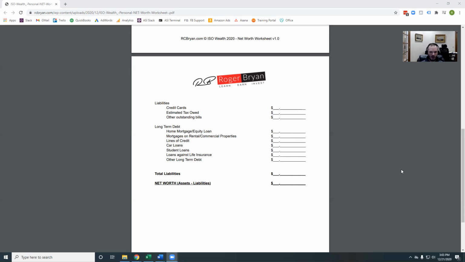Now, the most important thing, your net worth is your assets minus your liabilities. Write down that number. We need this number when we start to create a strategy for your long-term goals, because this is really the starting point. You can't design your long-term goals and a path to get there unless you know where you're starting.